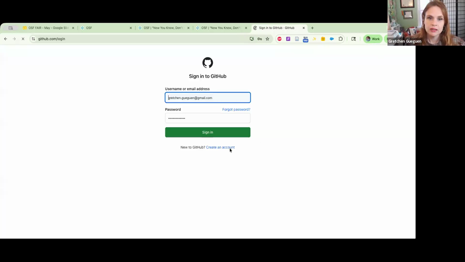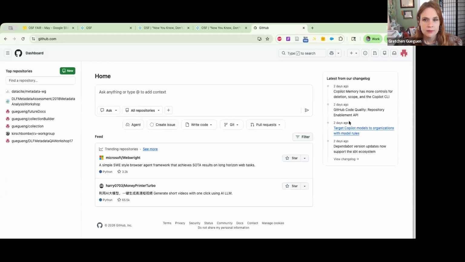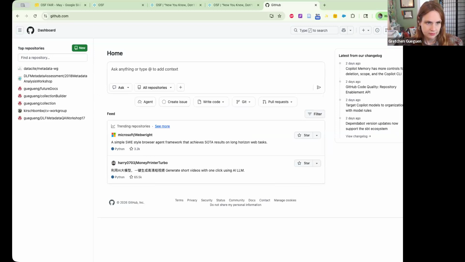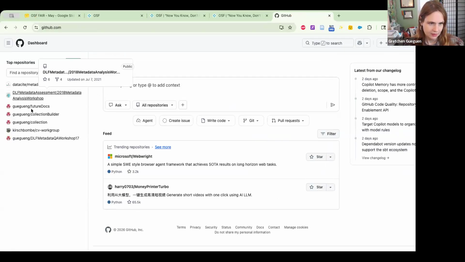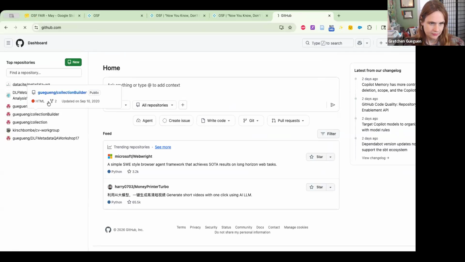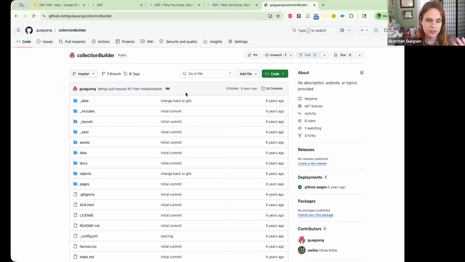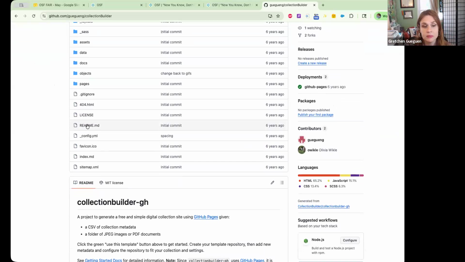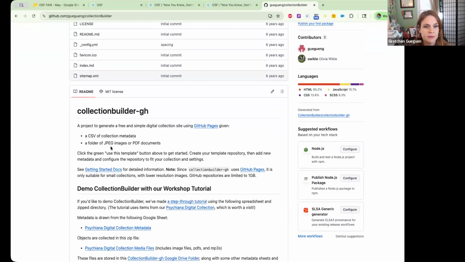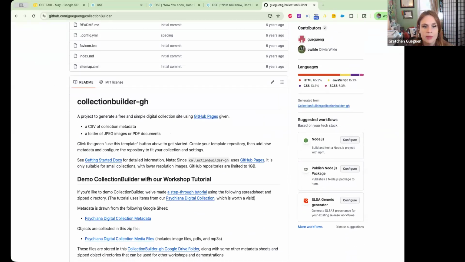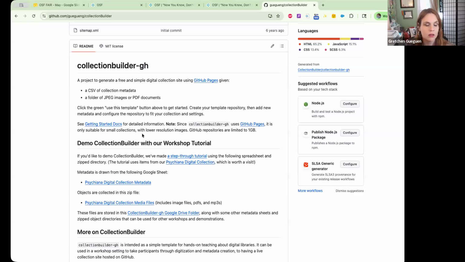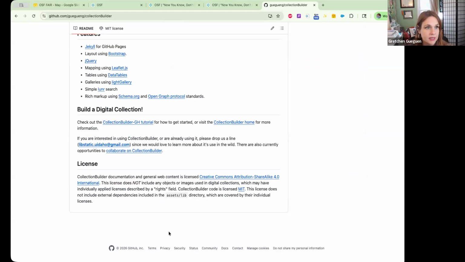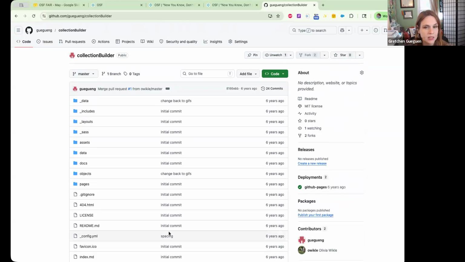So GitHub relies a lot on READMEs. So this is a GitHub project I created that created a repository. You can see I can include README files, licenses, all kinds of information that is really useful, like what we talked about. And this README is searchable along with all of the other content that's in the repository. That would be the best way in GitHub to make sure that you're complying with FAIR.